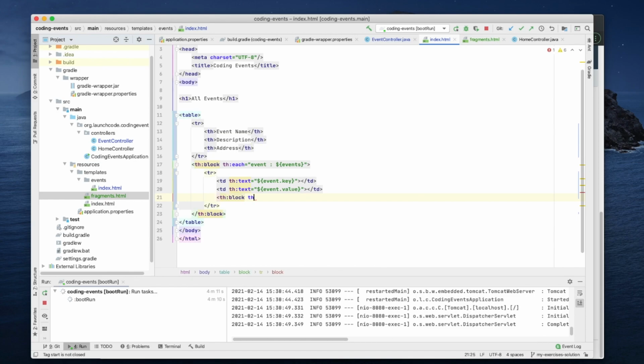I'm going to say th:if. And this th:if statement is going to check a conditional for us. If it's true, it will actually show this th:block. So in these curly brackets now, I need to provide a conditional. So what I'm going to say is